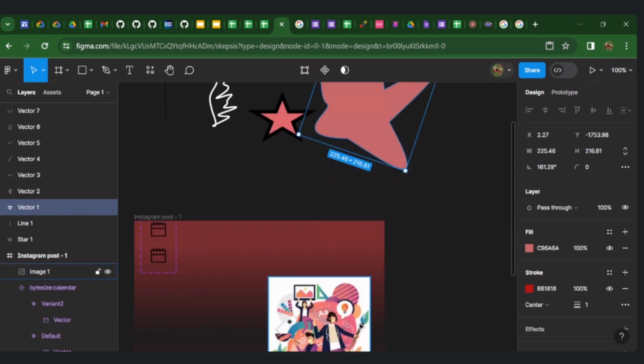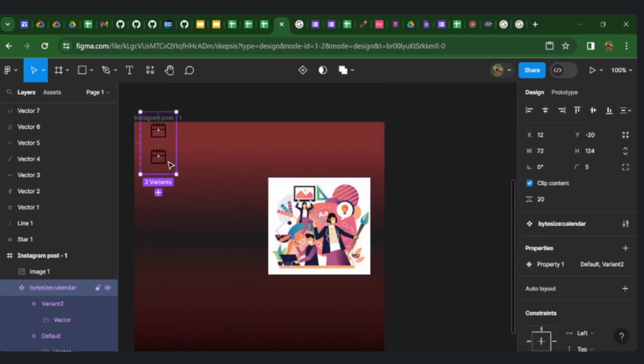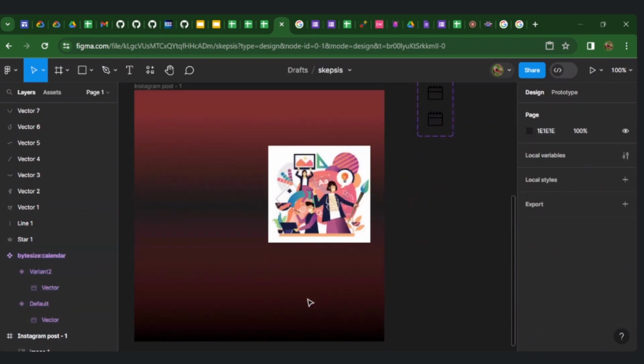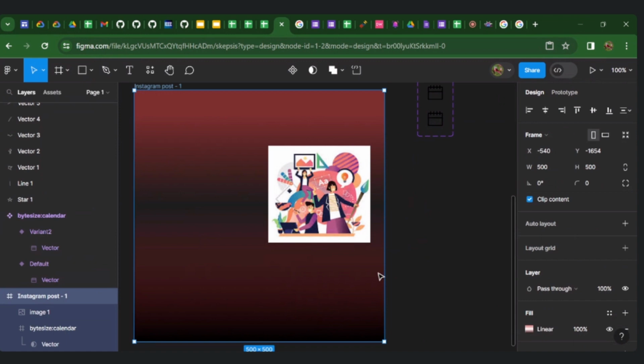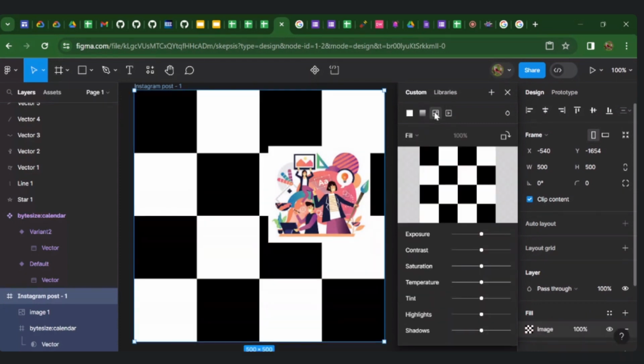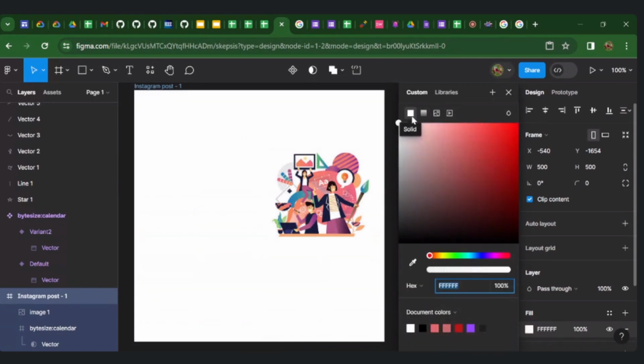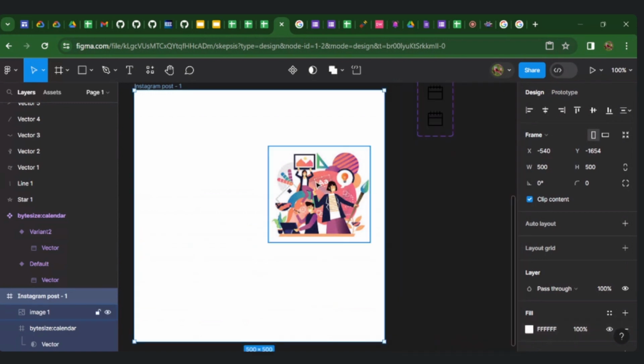Okay, now let's get back to designing a poster. We don't use the calendar for this demo. We are getting this one Instagram post. The fill, let's pick it up as white. Why is my mouse stuck? Anyway, you can use a picture as well and video. So let's go back to white